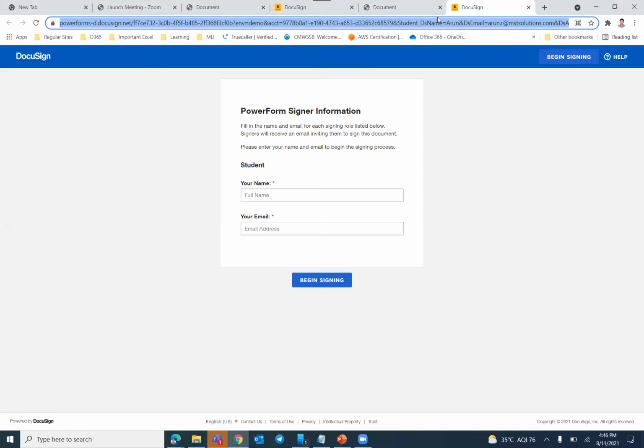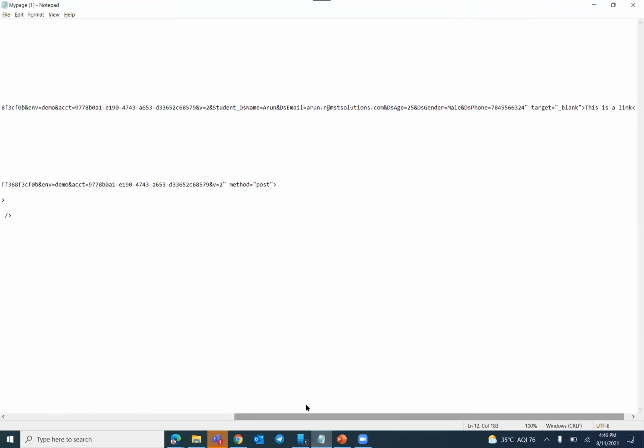There are even Google extensions that capture this kind of data and store it locally. So when it comes to security, I don't suggest going with this kind of implementation. This is what DocuSign provided us to use, but as developers, we need to focus on security. We can overcome this by using a post method. In parallel, I created a post method.